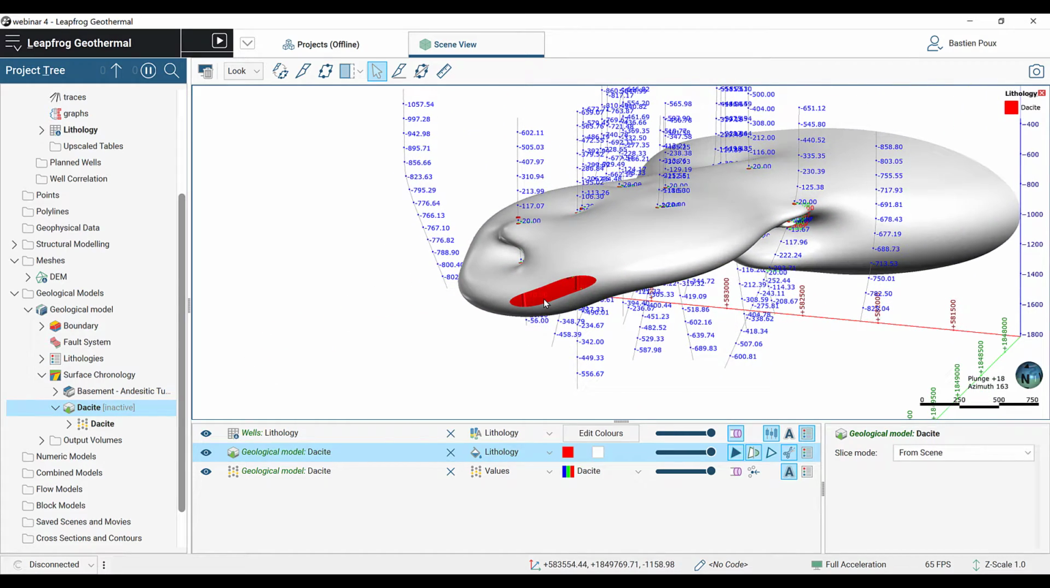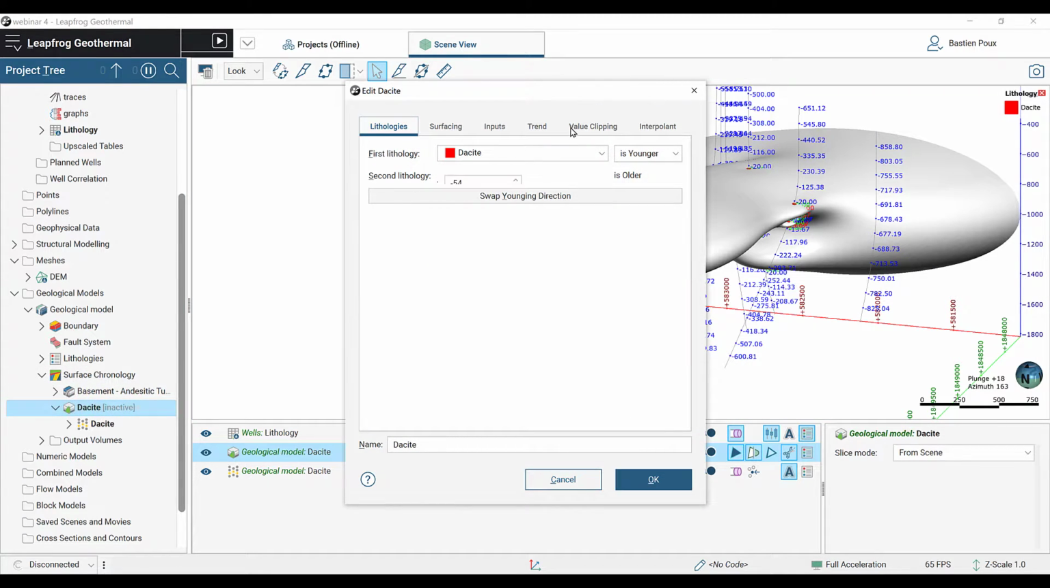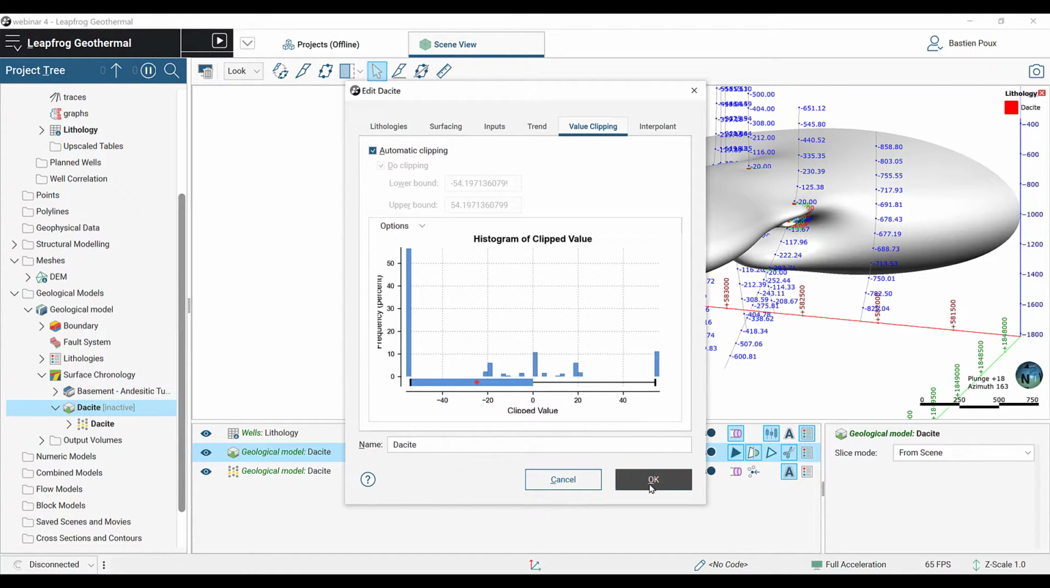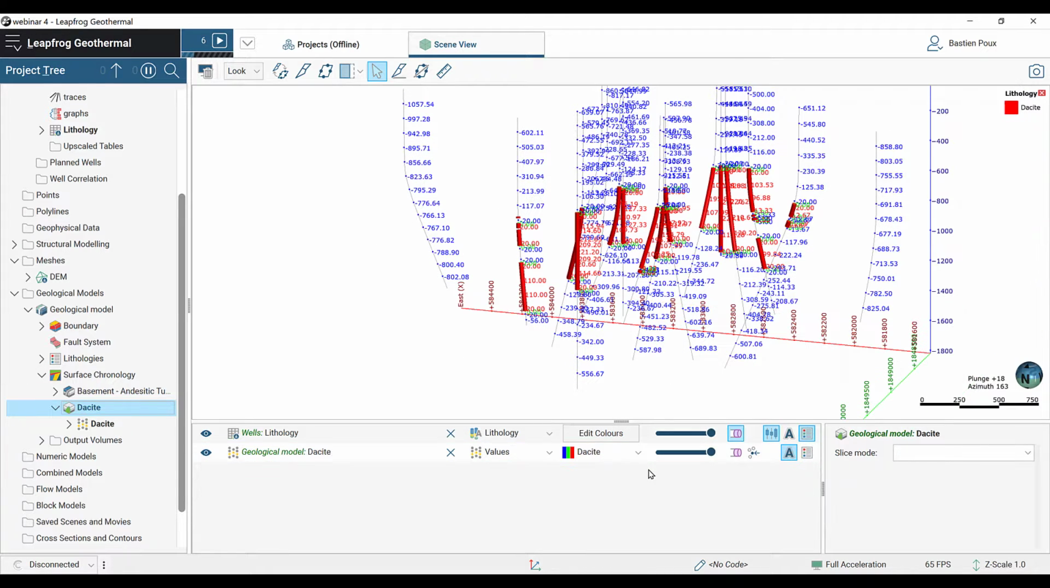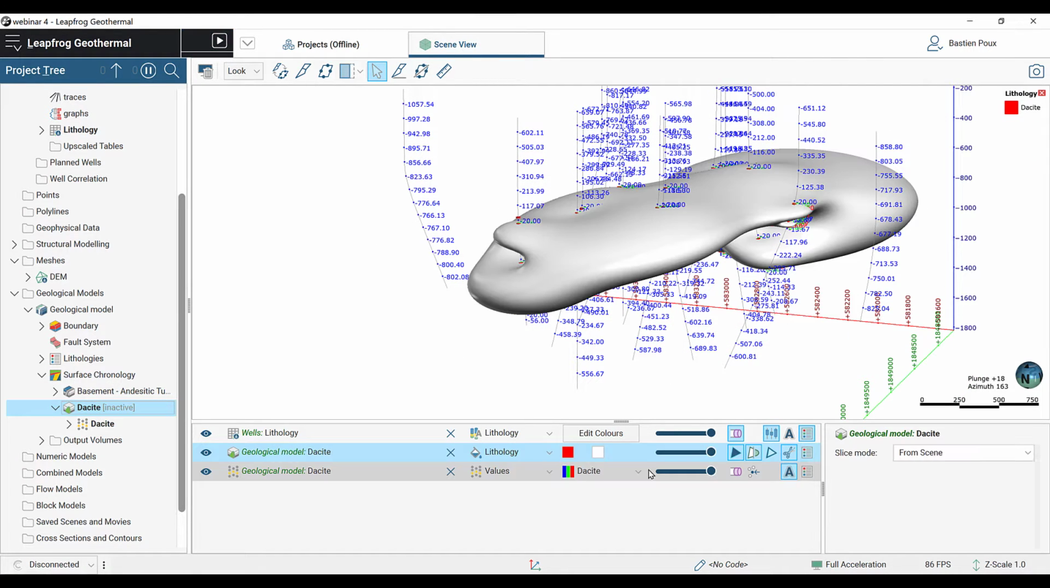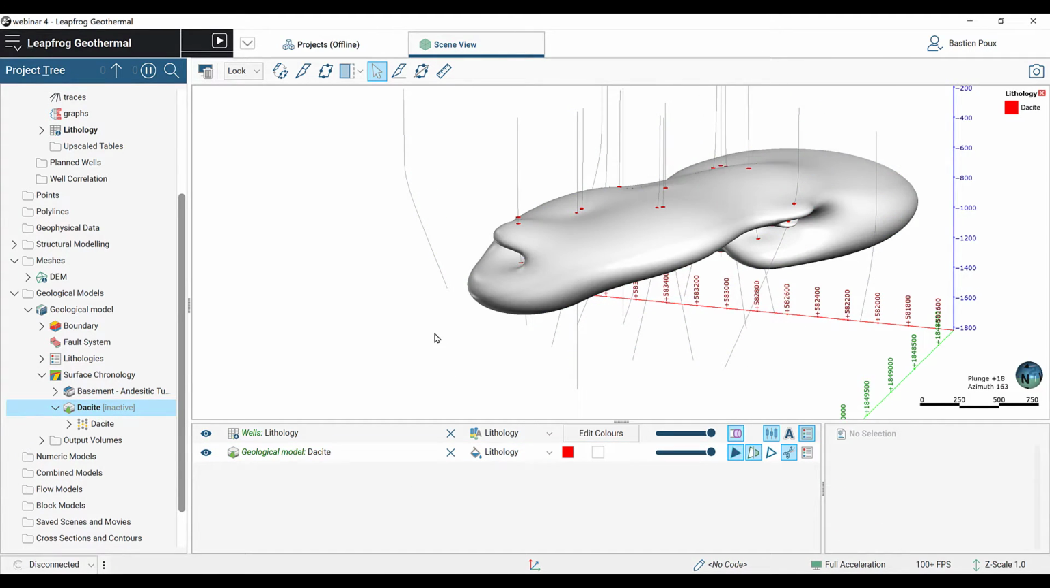For the rest of this exercise, I will set back the value clipping to automatic clipping and click OK to reprocess the surface. We are now back with our original intrusion. I can remove the value points, and we're going to look at the last advanced editing surface tool, which is